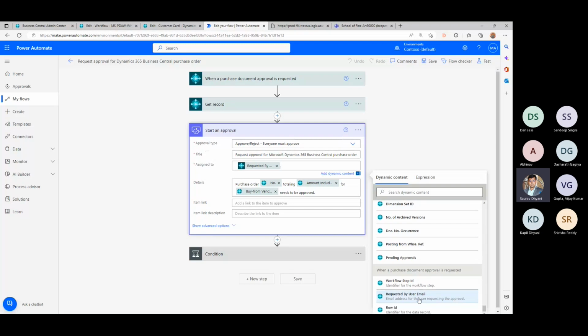It just passes you the requested by user ID, which directly tells me that if you're using the base out of box Microsoft Flow approvals, you will only pass it to a static email ID. Like I can say, go to postsaurabh@gmail.com and so on and so forth. But I can't utilize my approver in Business Central saying, go to this email ID, which is your approver.